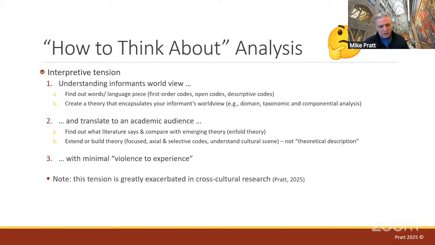And then if you're doing cross-cultural research, again, that's an entirely different project. That makes it even more complex. I'll send you a paper on that as well. And then you're thinking about this movement between abstract and specific, all this tension between what my informants say, what theory says, and how I'm going to speak to a theoretical audience. It's a problem of translation. And if you're an international, if you speak more than one language, this is a problem. It's never a clean one-to-one translation. So what you want to do is try to honor the meaning in your translation the best that you can.